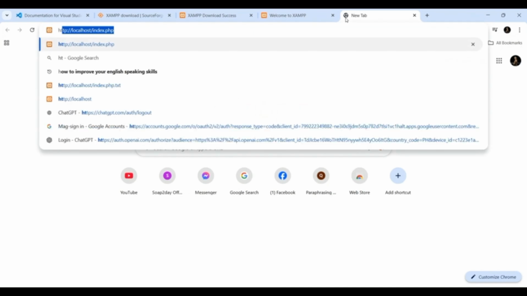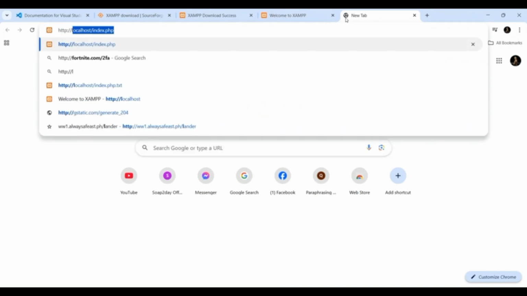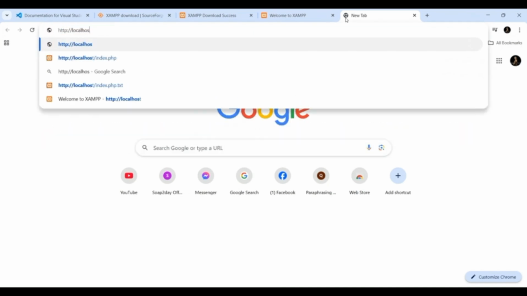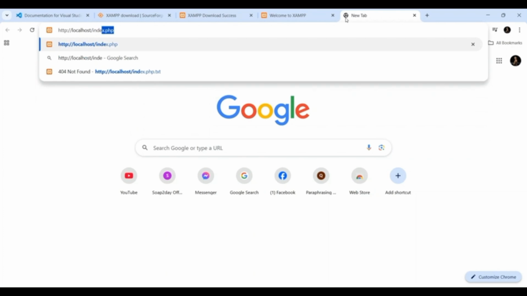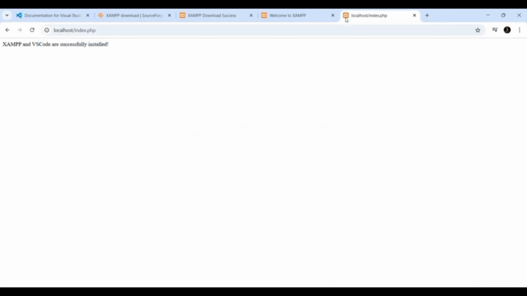Done saving, so I open my browser and I type http://localhost/index.php. The message "XAMPP and VS Code are successfully installed" is displayed.